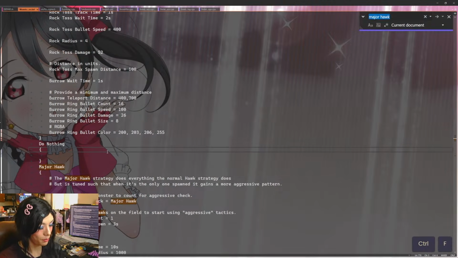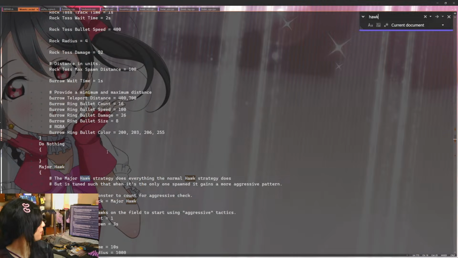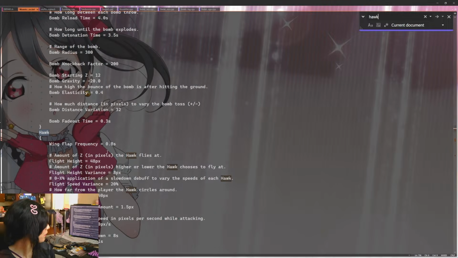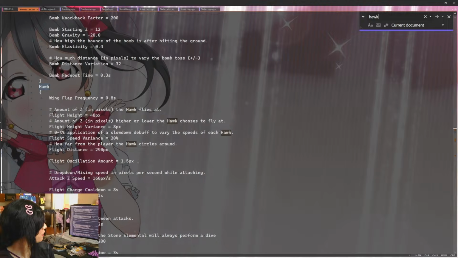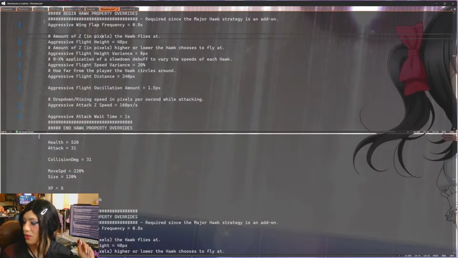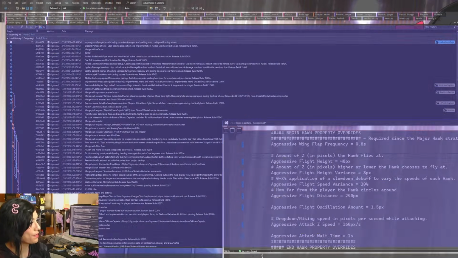Let me just go to the Hawk AI and see what I'm missing. So, wing flap frequency. Let me move this over there so I'm not looking across windows.